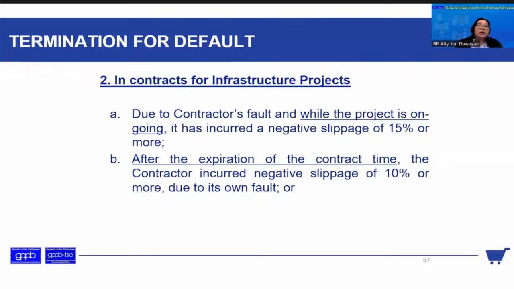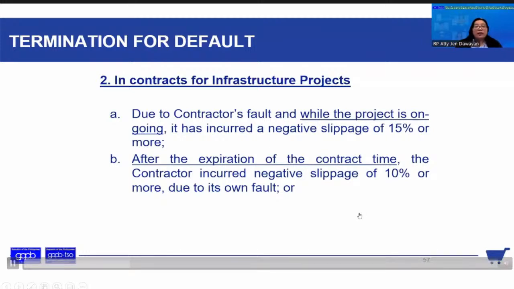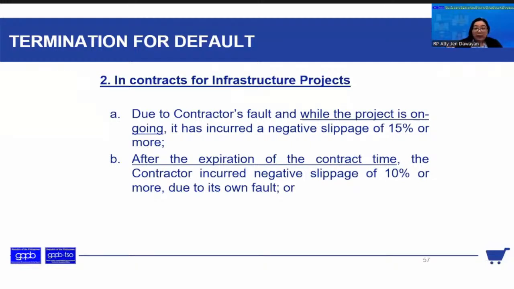And then for contracts naman for infrastructure project, due to the contractor's fault and while the project is ongoing, it has incurred a negative slippage of 15% or more. So 15% or more kapag infra, where the project is ongoing, may negative slippage, no, with the fault of the contractor. So the other one is after expiration of the contract time, may negative slippage of 10% or more due to